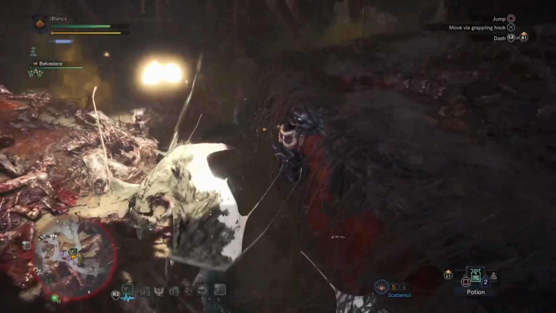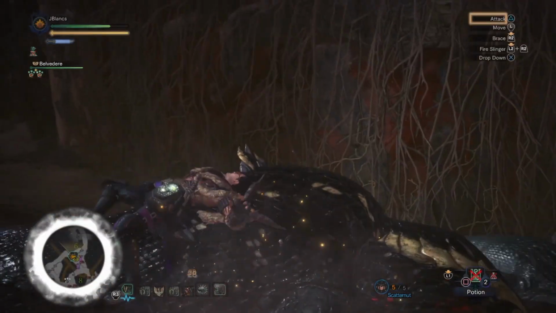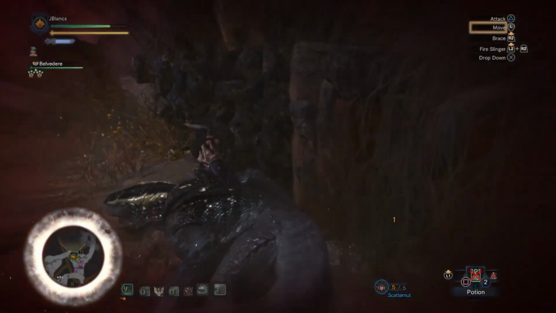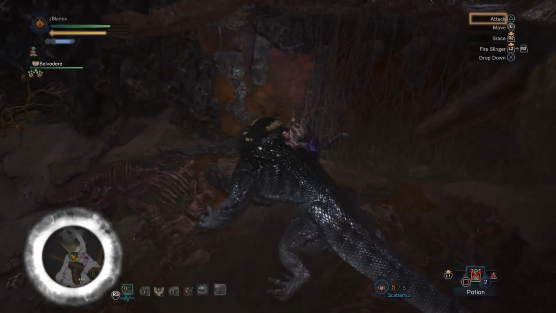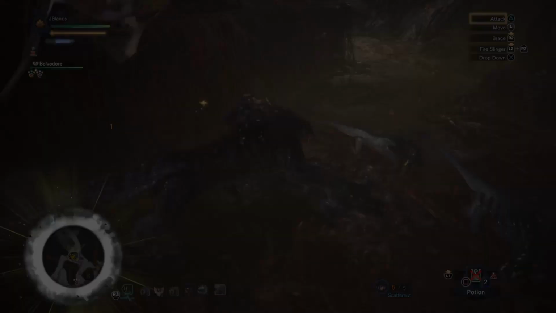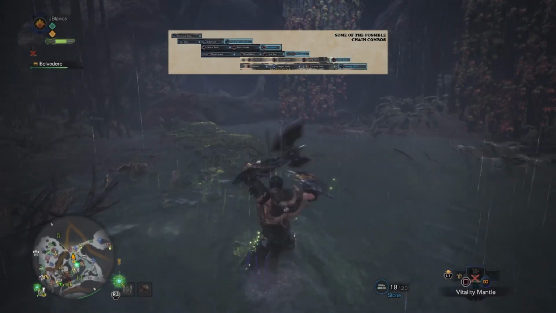And if you press triangle jumping off of a ledge, you are also able to mount a monster. As you can see here, the Great Jagras has been mounted again, and so I'm able to pretty much just deal more damage. And finally, before wrapping this guide up, I just wanted to go over the different combinations you